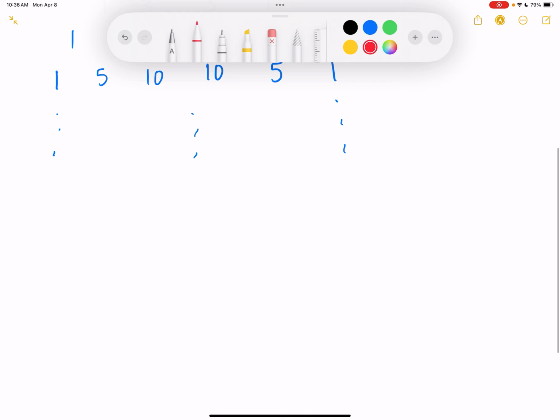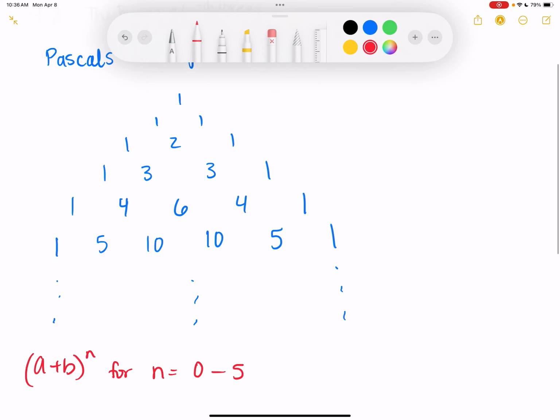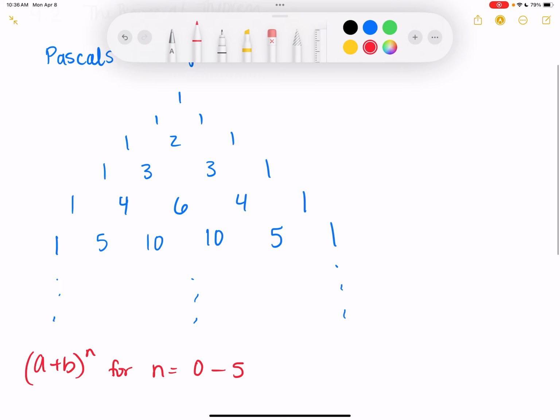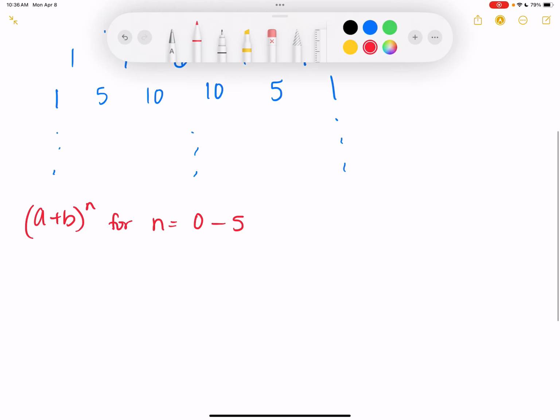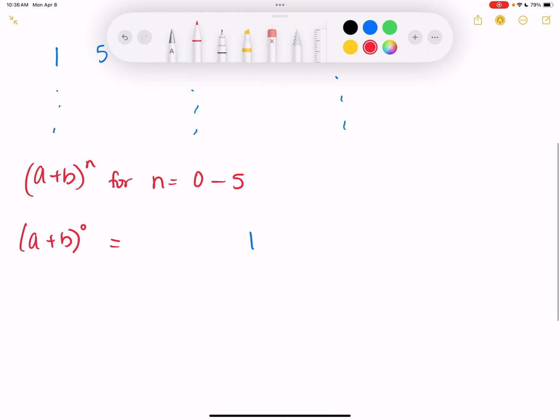Okay. So if I gave you a plus b raised to the n, and we're going to do it for n equal to 1 through 5, or well, I guess 0 through 5 technically. That'll match the triangle that we have up here. So if you have room and want to do it beside it, you can. But it's going to take up a decent amount of space, so you might not want to do that. So a plus b to the 0. Anything raised to the 0 is 1. A plus b raised to the 1